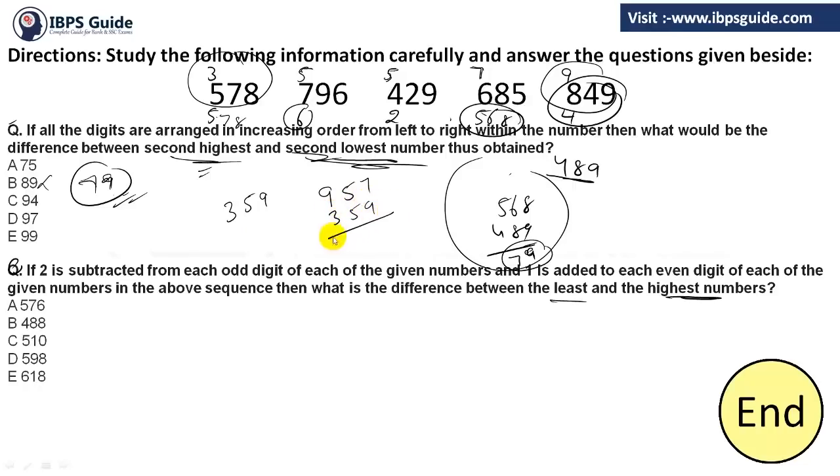So just minus them. 17 minus 9, we are getting 8. 14, 5, 9, 9, 8 minus 3, that is 5. So 5, 9, 8, that is option number D. Clear? So this is how you have to solve the question, not according to the examiner. If you solve according to the examiner, you have to change each and every number, then you decide. Clear? So now let's see the next sets of questions.